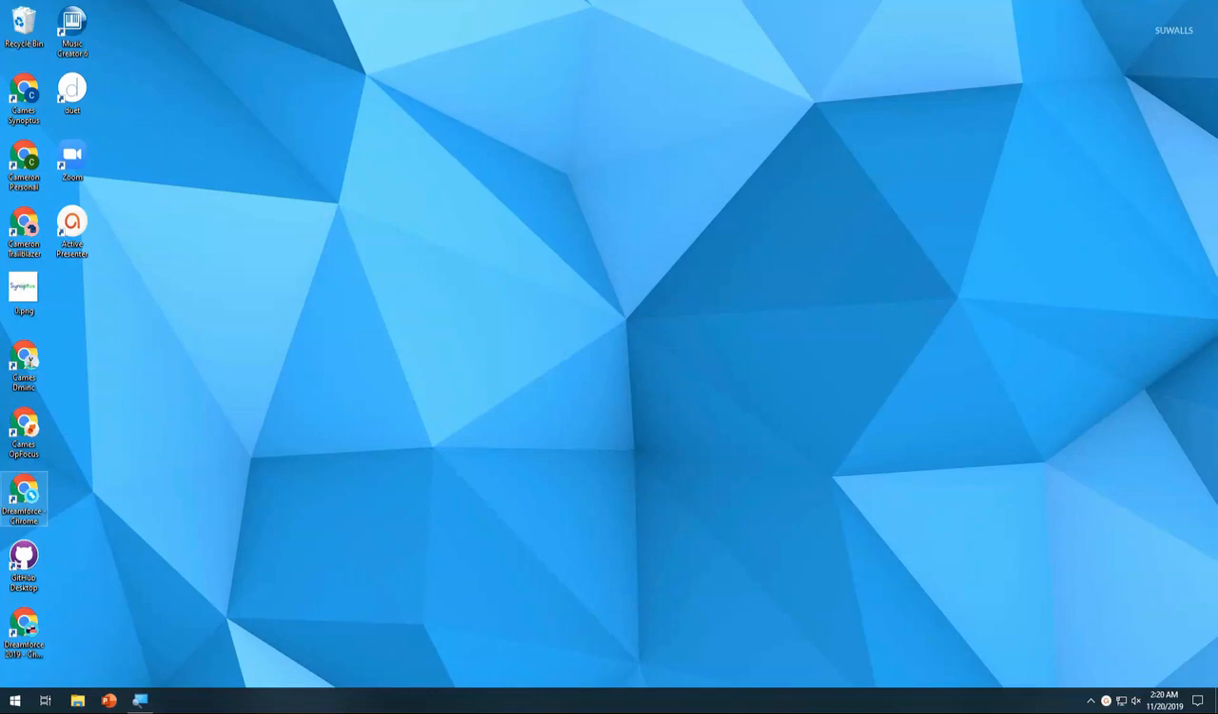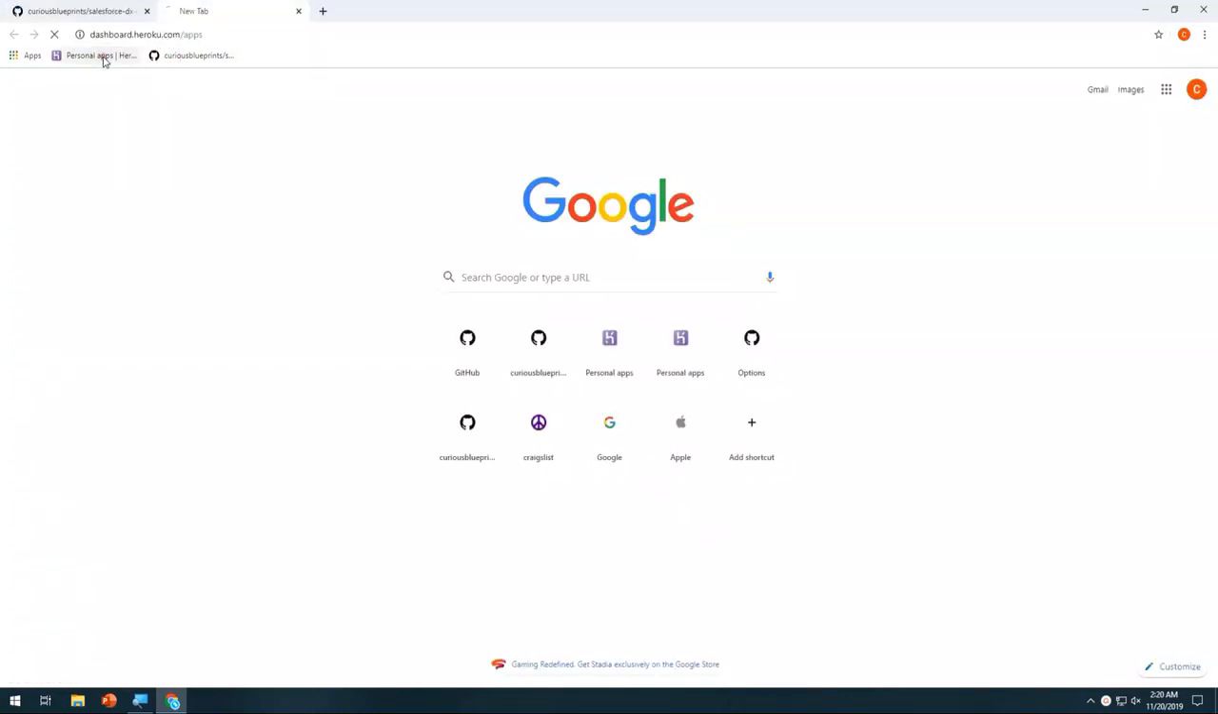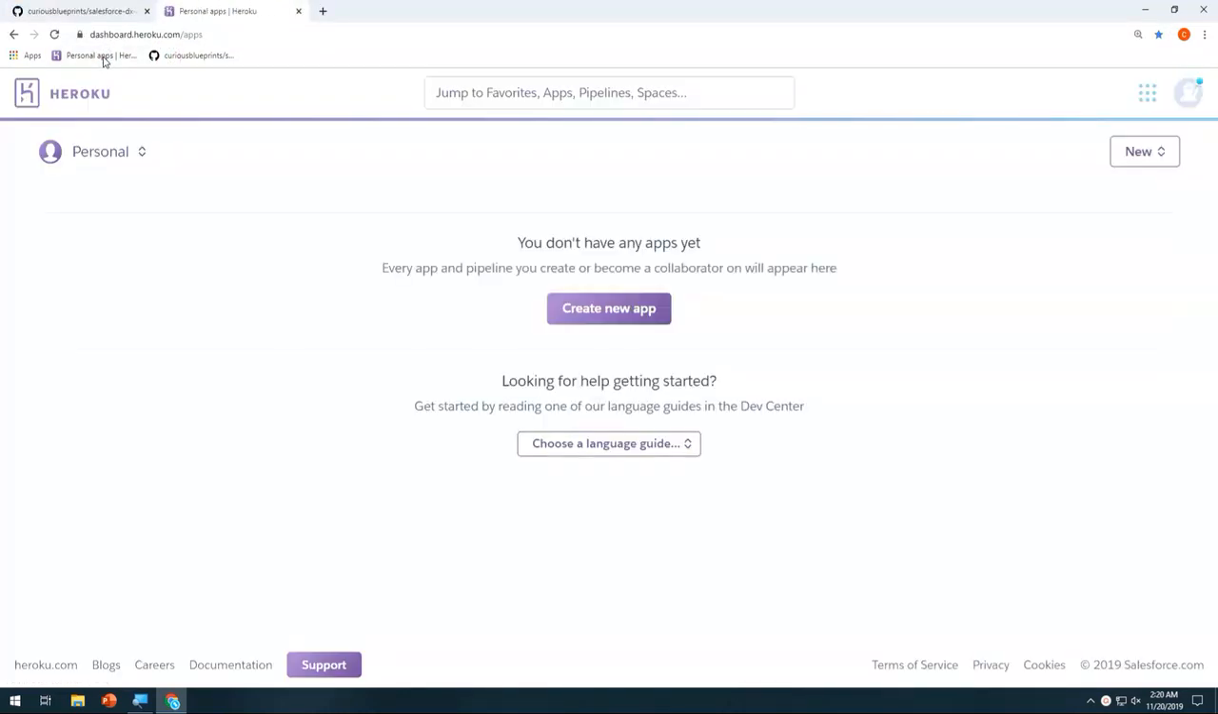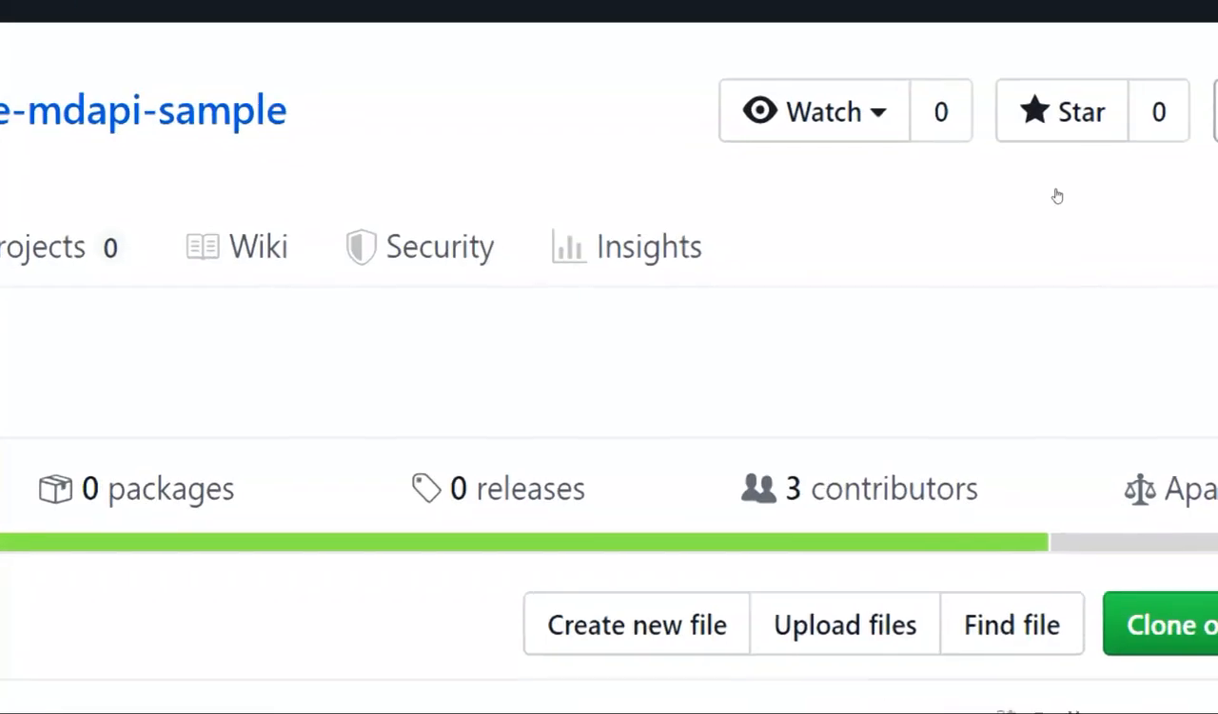So let's look at an example here. All you need to get started is a Heroku account and a GitHub account. That's all you really need. Now, don't worry about getting any links here. I'm going to have a bit.ly at the end where you can get a link to all of the repositories